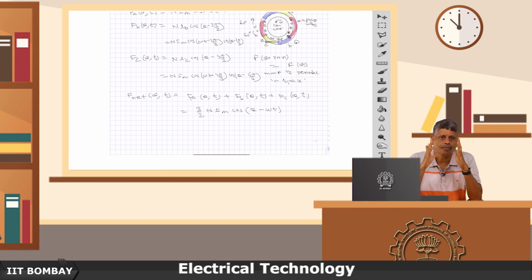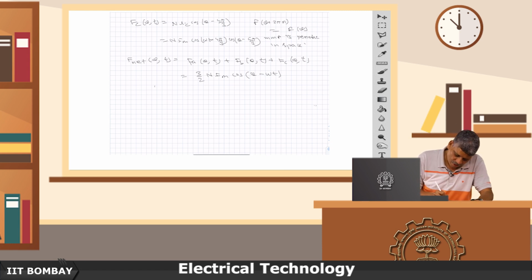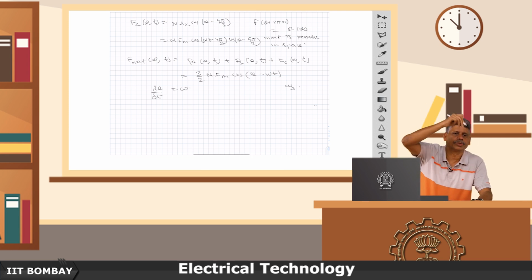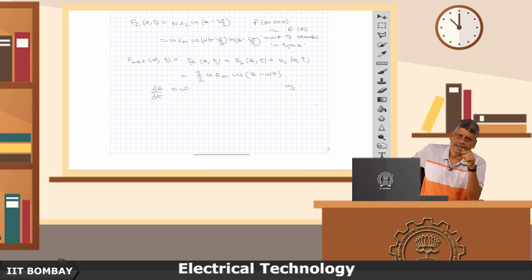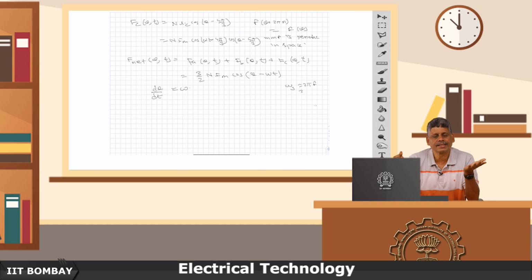So, what do I get here? I have basically got that an observer should be rotating at a speed omega s. If I have connected a 3-phase supply, then the supply frequency is 2 pi into 50 hertz, so it should be rotating at 3000 rpm. If I increase the number of poles, as we discussed earlier, I can reduce the synchronous speed in mechanical radians per second. But if we look at it as a 2-pole machine,